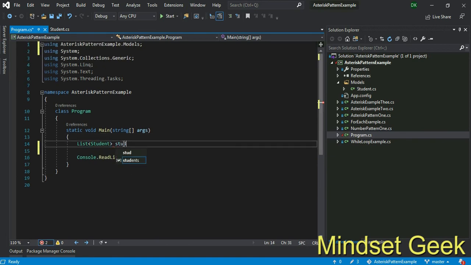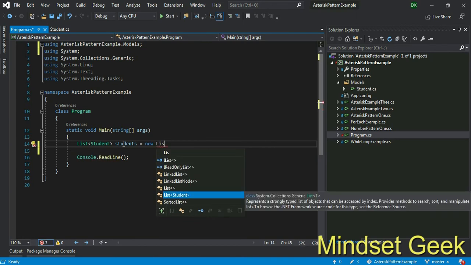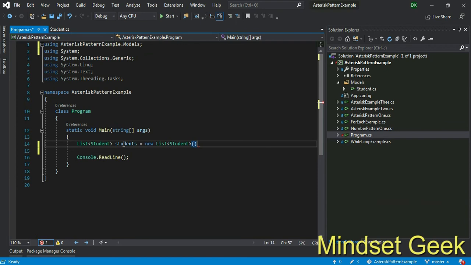Name students. New List of Student, right? Now I create an object. This time I just add some data. In a practical scenario the data comes from a database, right? Now I'm not connecting to the database and there are no tables and no records, so I manually add some data, right?